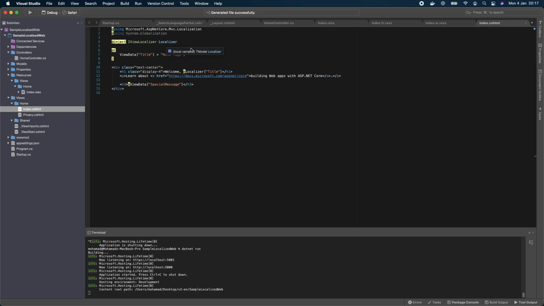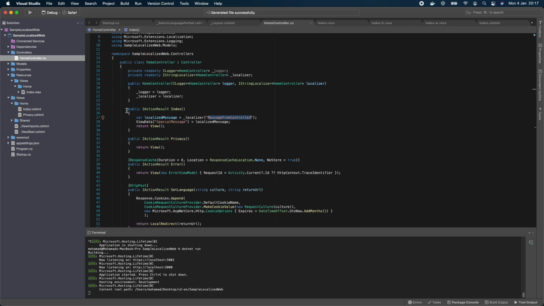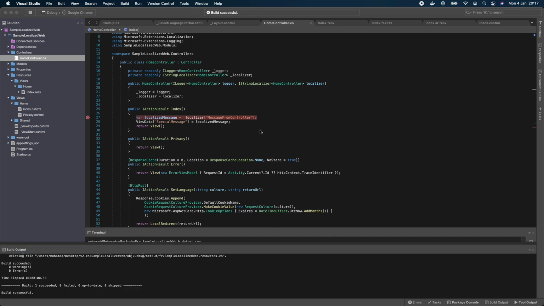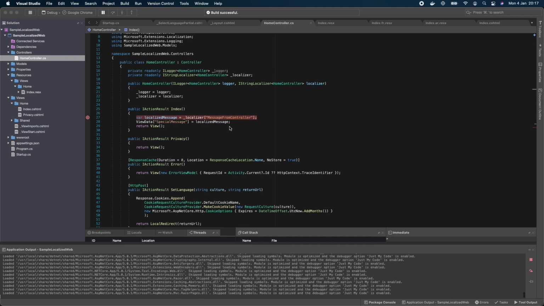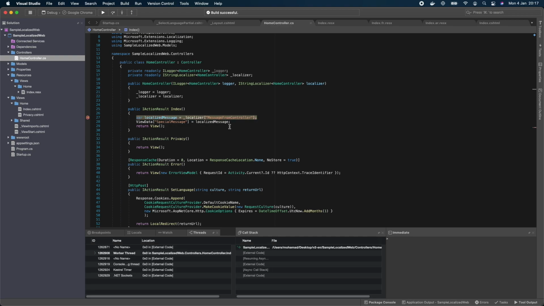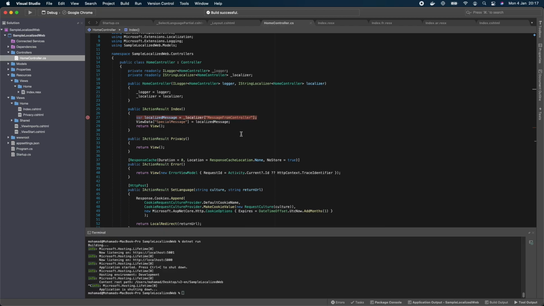So an easy way to do that is we can just add a breakpoint and we can run it inside the debugger and check what's going on. So once we do that, let's choose Chrome and let's run the application inside the debugger. Oh, sorry, we did something. What we did is really wrong. So